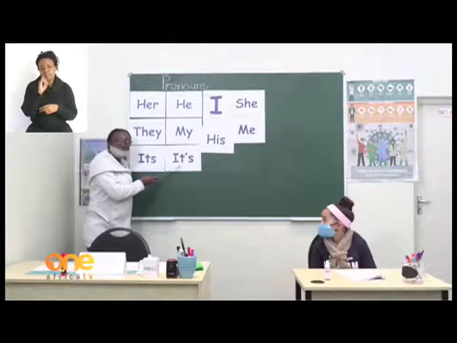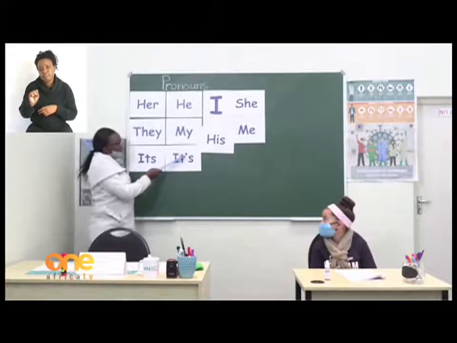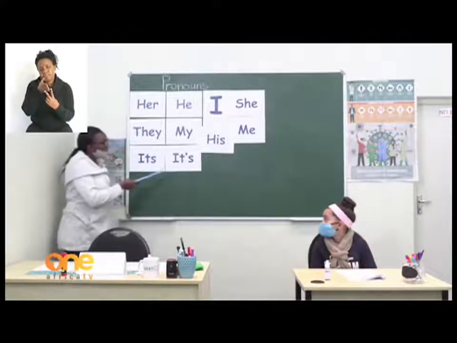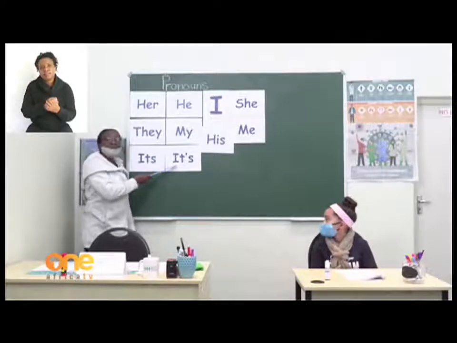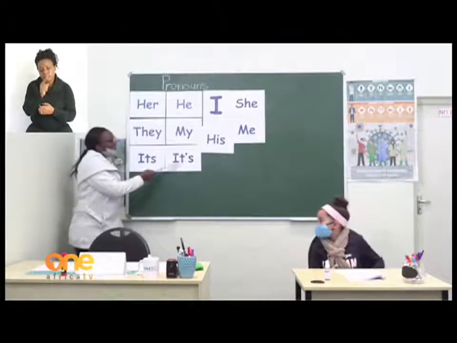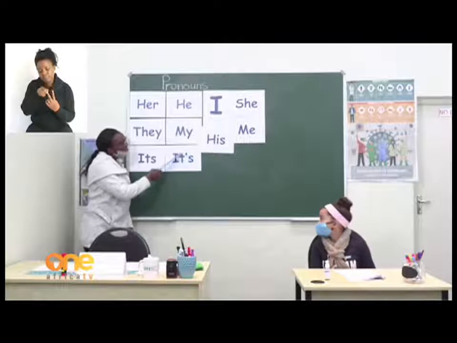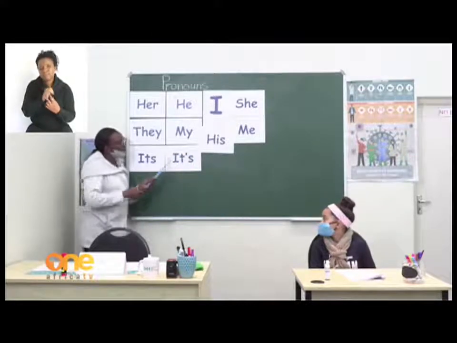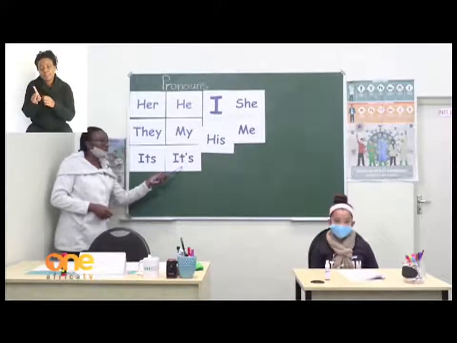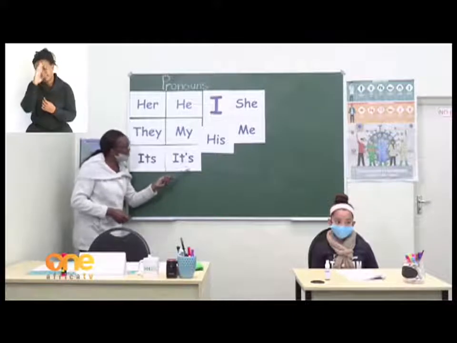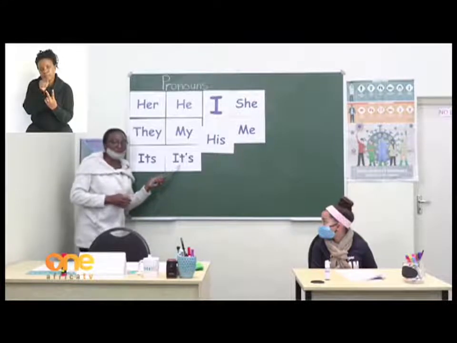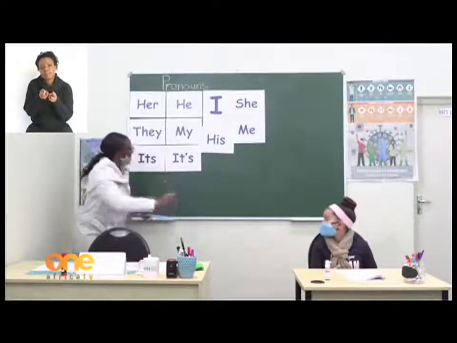And it's with an apostrophe. It shows contraction. This is what we call an apostrophe. Right, now, what does contraction mean? Contraction means when the word is shortened. Now, if it's with an apostrophe, it means that there is a letter missing, but it's not forgotten. Okay? There is a letter that is omitted. There is supposed to be a letter here, but it is shortened to make the word small. So this means it